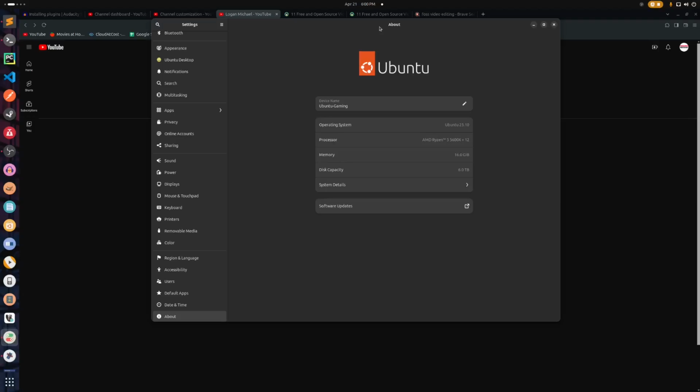I haven't really done that. I game on Windows because it just works better, but eventually I do want to do gaming on Linux when it's a little bit better. Anyways,